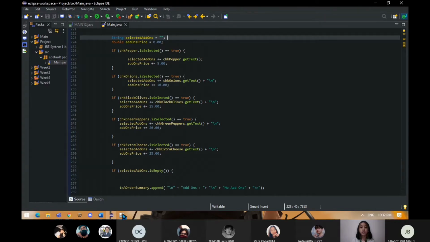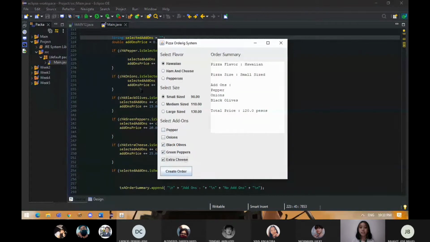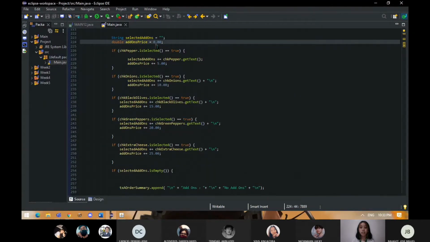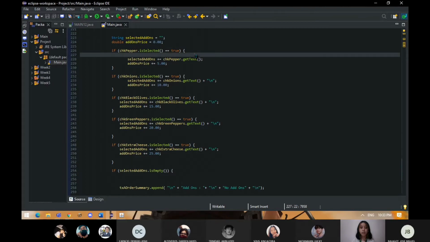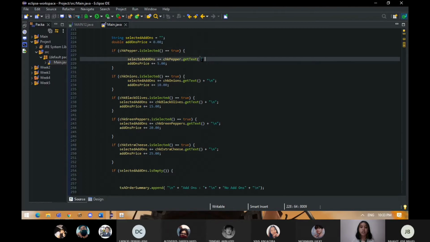And using the double keyword, which is the default type for decimal numbers, addOnsPrice is equal to 0.00, so that when it runs, it is still in decimal point and the price of each can be read correctly in the whole program. We use it with an if conditional statement like this: if checkPepper is selected, then it is enabled to true, and selectedAddOns plus-equals checkPepper